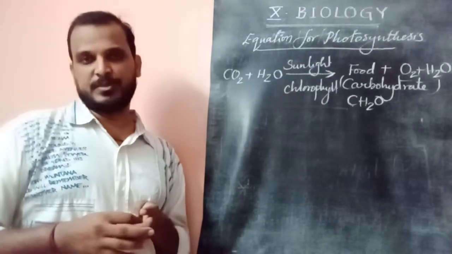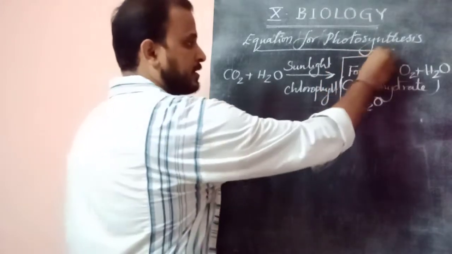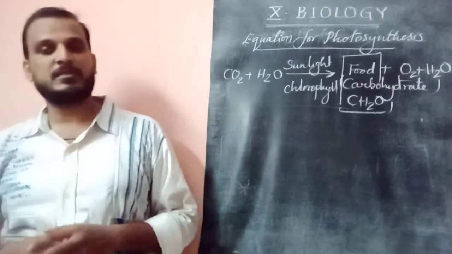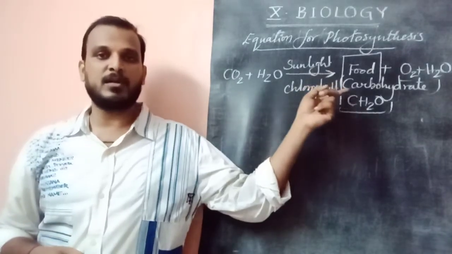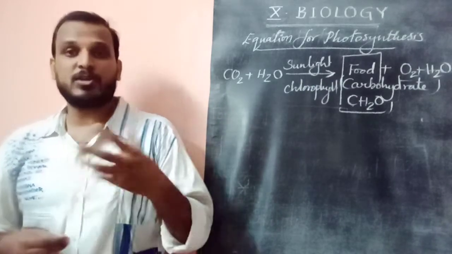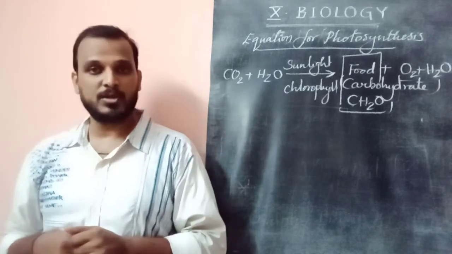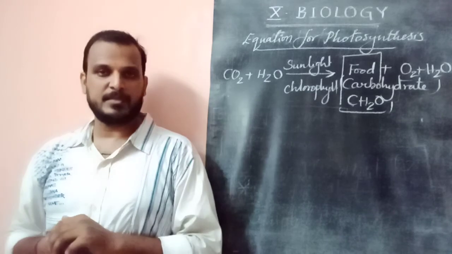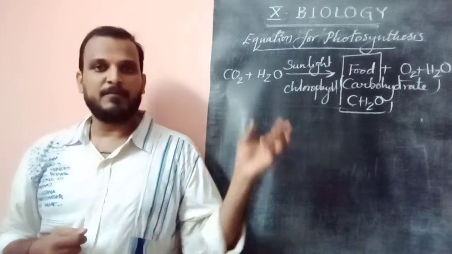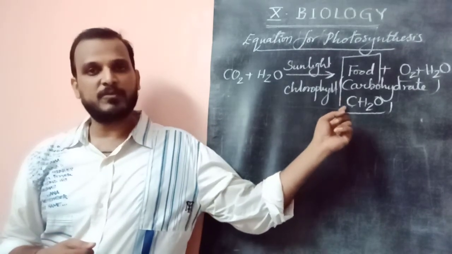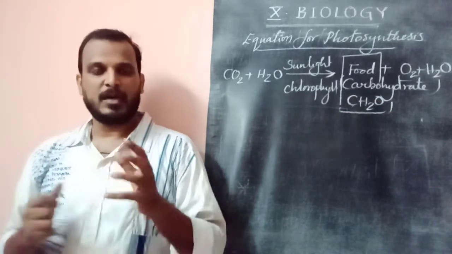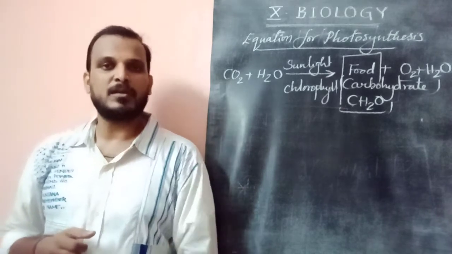Dear children, still we need to discuss the important product, the food which is prepared here. The important product of photosynthesis is the prepared food, which is called carbohydrate. It is simply represented as CH2O. Which carbohydrate is prepared in plants? Because there are so many types of carbohydrates. Listen carefully. What is carbohydrate? The material which is formed by the combination of carbon, hydrogen and oxygen is called a carbohydrate. Carbon, hydrogen, oxygen combined give a product called carbohydrate.